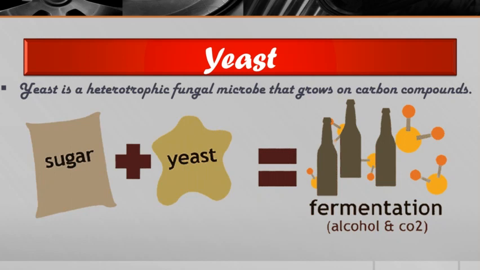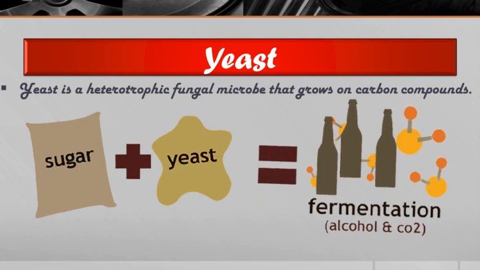Okay, so when yeast is mixed with sugar in lukewarm water, what happens? Yeast cells will grow and multiply very quickly, due to the carbon compounds present in the sugar. In the process of obtaining nutrition, yeast cells convert the carbohydrate in that solution into alcohol and carbon dioxide, and this whole process of converting the carbohydrate into alcohol and carbon dioxide